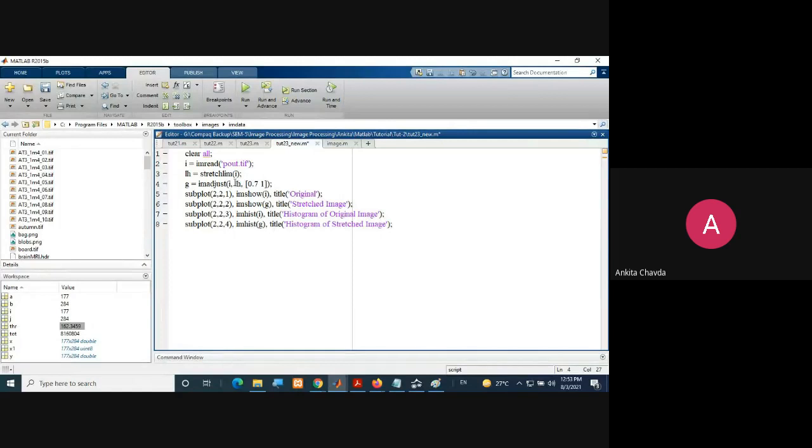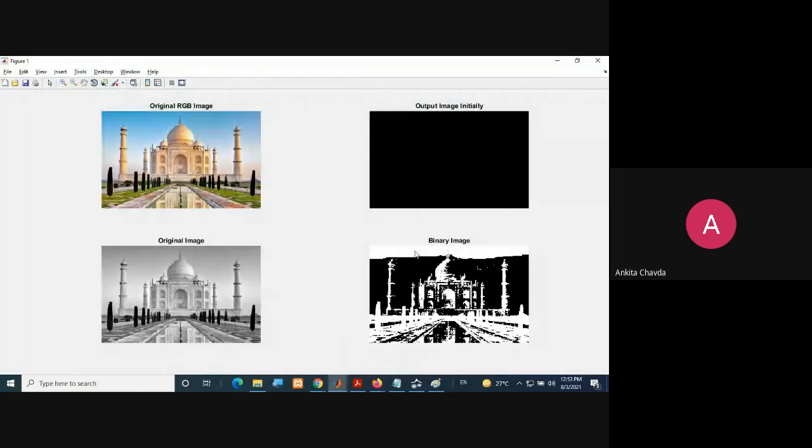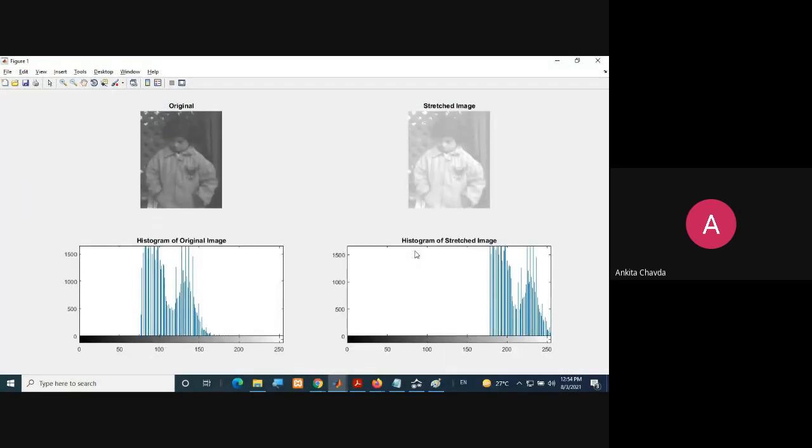This is your input, and this is your output contrast stretch. You want your histogram between 0.7 to 1 only, right? And I'm simply plotting everything: original image, stretched image, histogram of original, histogram of stretched. When we run this, you can check the output. This is the output. This is your original image, which was low contrast, centered in the middle of your histogram. Here I have given 0.7 to 1, so in my histogram all the pixels are shifted into this range only.